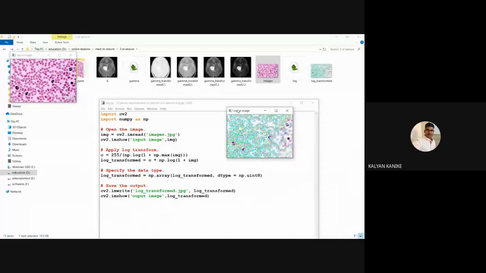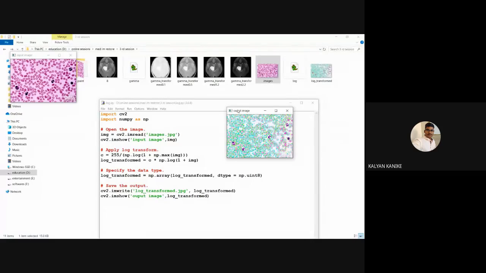Yes, sir. Truly said. I just executed the code, so that's why I'm able to say it clearly. And the next reason is about the shape. Shape means the particular size, how many rows and how many columns, and how many planes, like color or black and white. So here we have to consider the size information also.